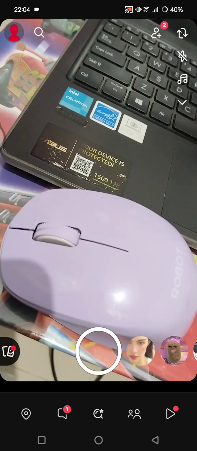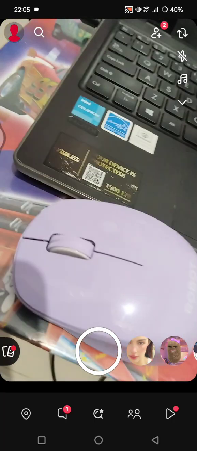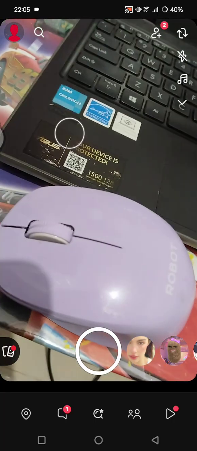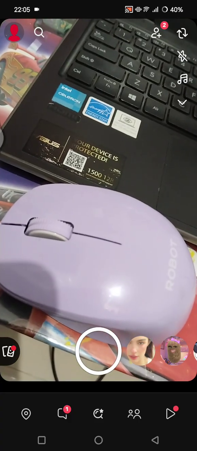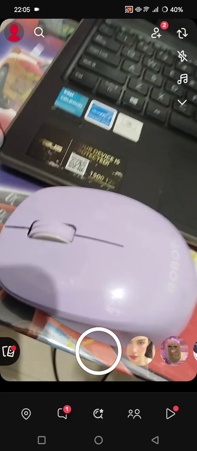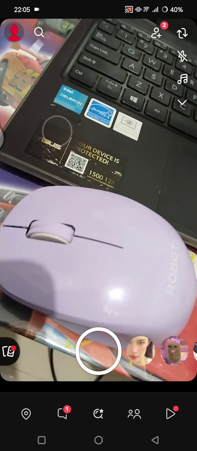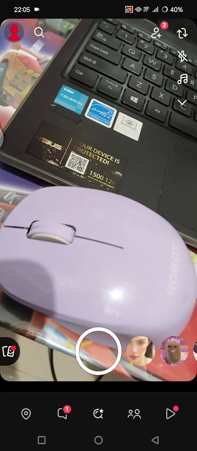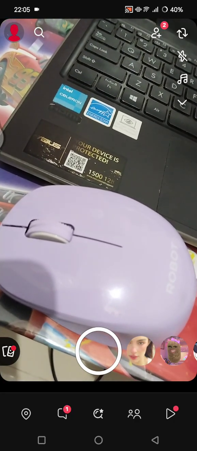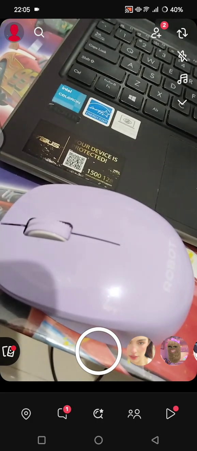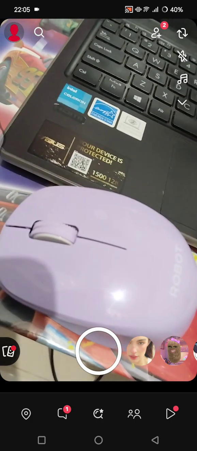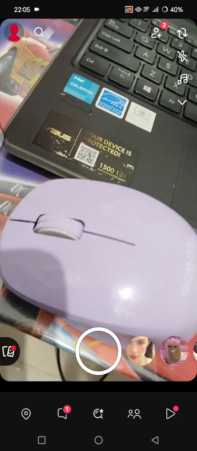And to access the director mode, you need to make sure first that your Snapchat app is up to date, because director mode is typically available in the latest versions of the app. So after you update your Snapchat app, you can just open the Snapchat app, and then here you can just see on the